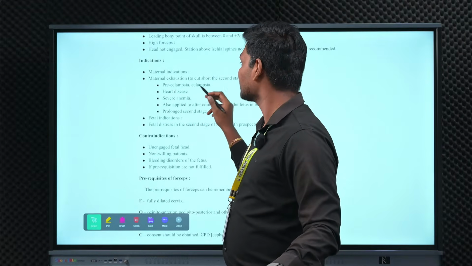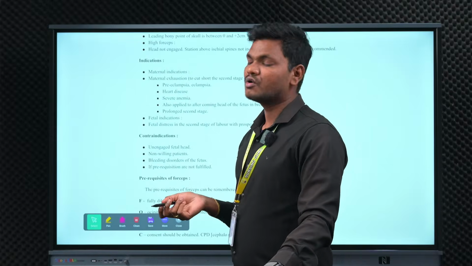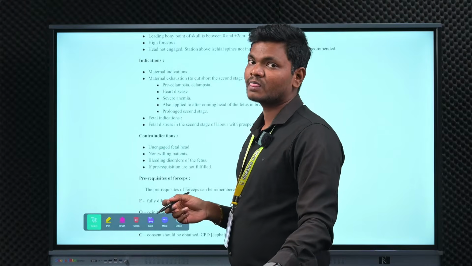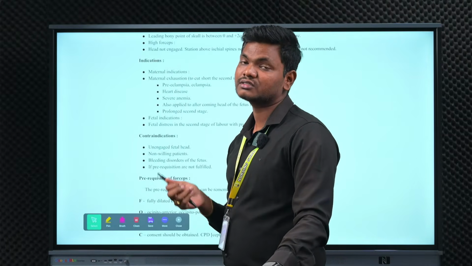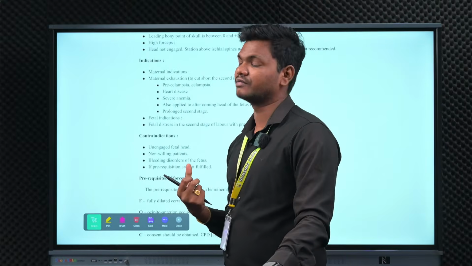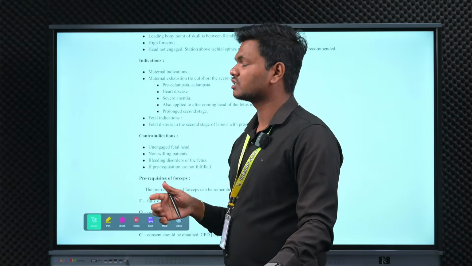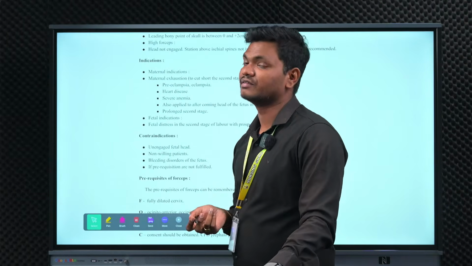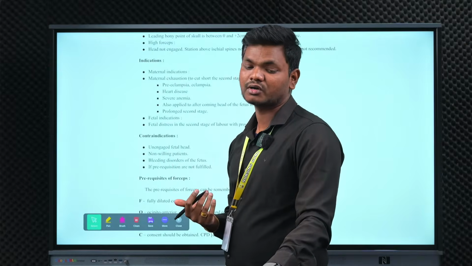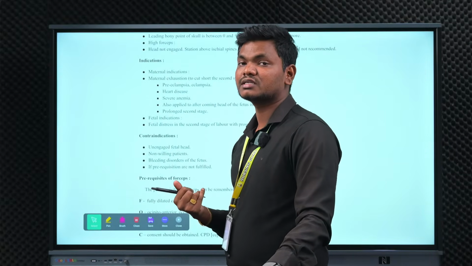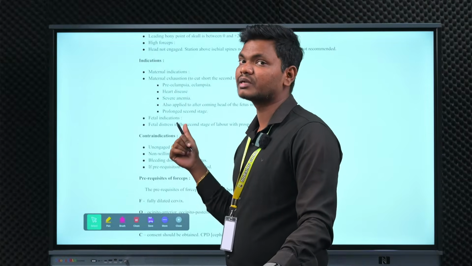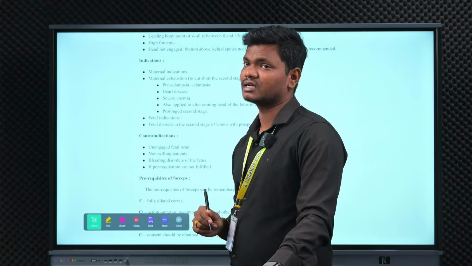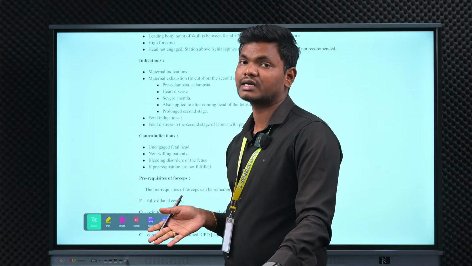For example, in eclampsia we can apply forceps, and when the mother has heart disease or severe anemia, to cut short the second stage of labor. Only in the second stage will the baby get delivered, so to cut short the second stage duration, we can apply it. It is also applied for the after-coming head of a breech delivery. Once the breech is delivered, the head is still inside the uterus, then we can apply the forceps to take out the head immediately. And in prolonged second stage, when the second stage is taking a longer time,